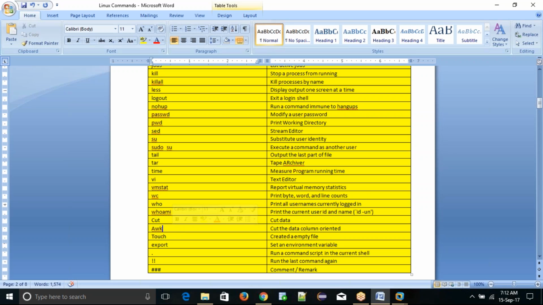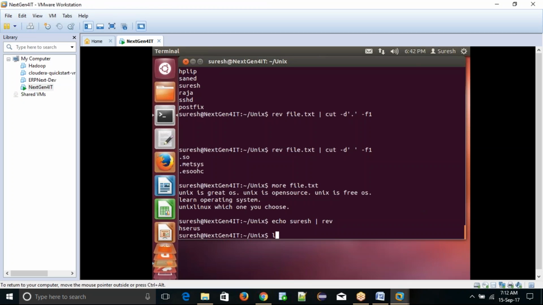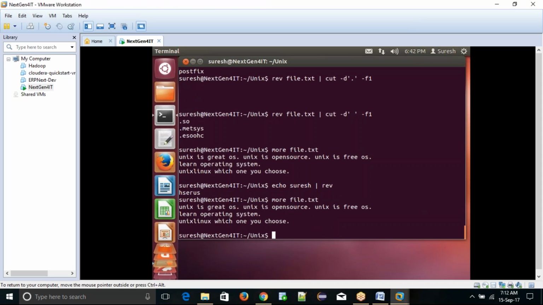Okay. So now we have one more command called AWK. Some people will call it awk. It's also for separating the columns, same as cut, but we have a few variations here. For example, I have a file, so more file name. Here I am saying awk and print $1